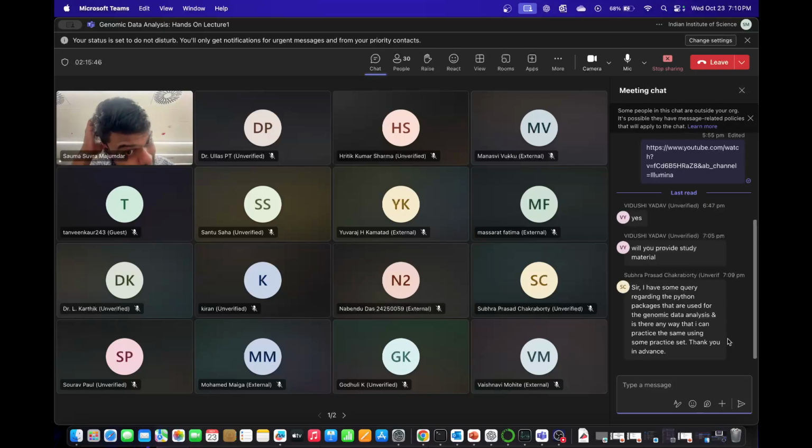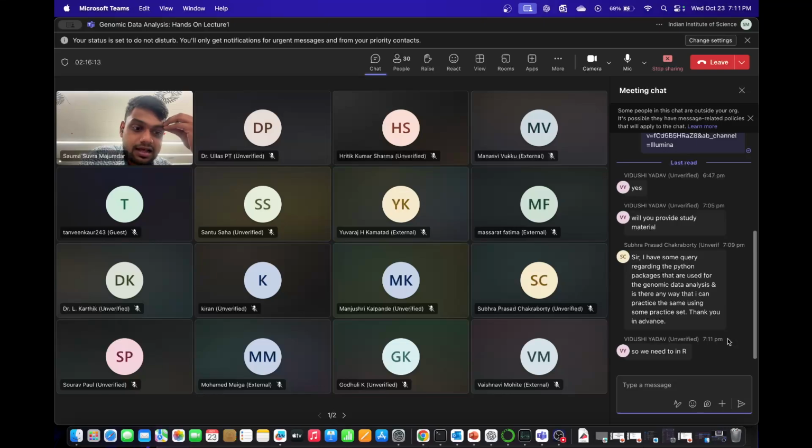Okay, Python packages. There are Python packages. I'll not say they are not, but Python is actually not a very good way to handle these huge sets of data. So we generally do not use Python to do this kind of process, like the data quality check or the sequence alignment that I mentioned. I'll tell you the issue with Python and R. We use Python and R, but if you see